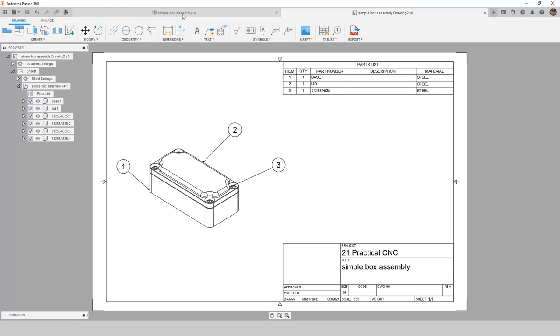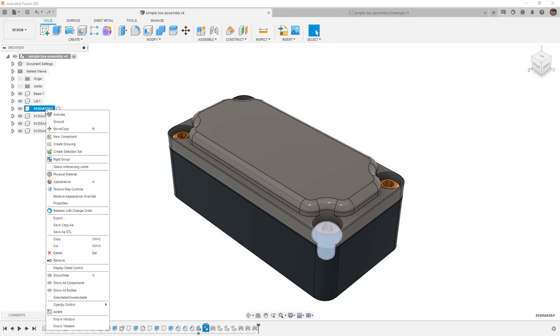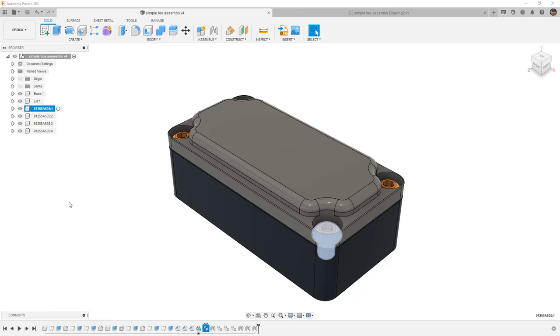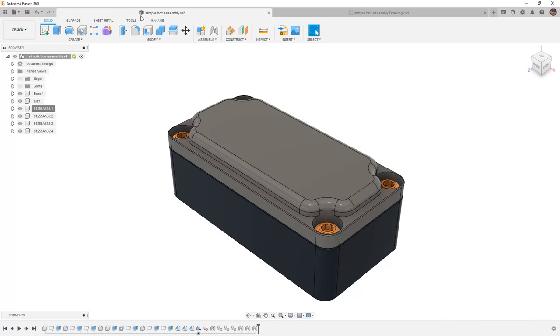I'm going to go back to the assembly, and I'm going to take a look at the 91255A535 component. I'm going to right-click and go to its properties. Inside of the component properties, notice there's a description category that's empty, but we have part name and part number. In the description category, I'll click twice, and I'm going to say button head cap screw, or BHCS. Once we're done, we can select Enter to OK the text and select Close,